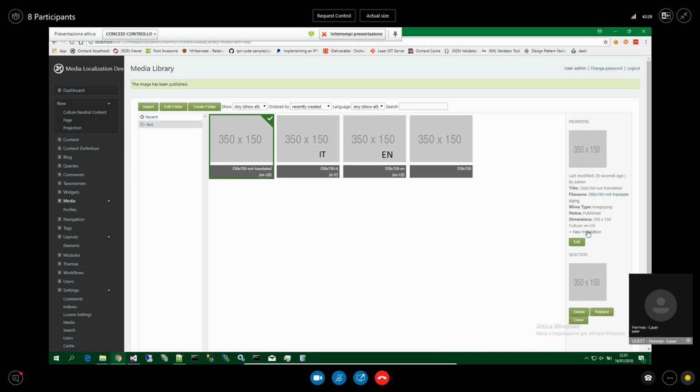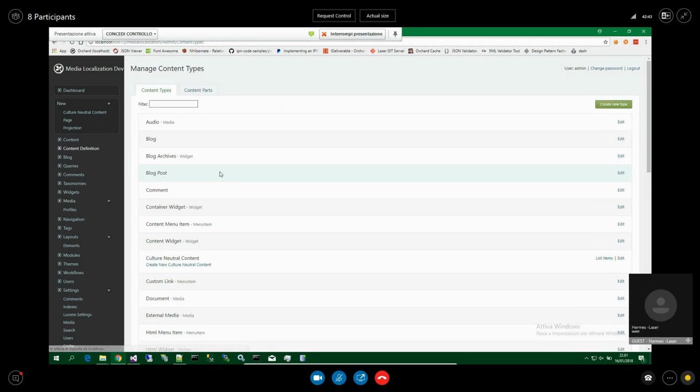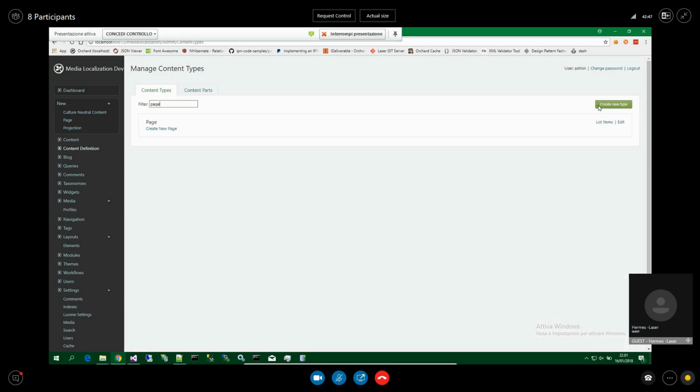And another one only in English with no translation. What I have done is to configure a page content type with 3 media library picker fields.